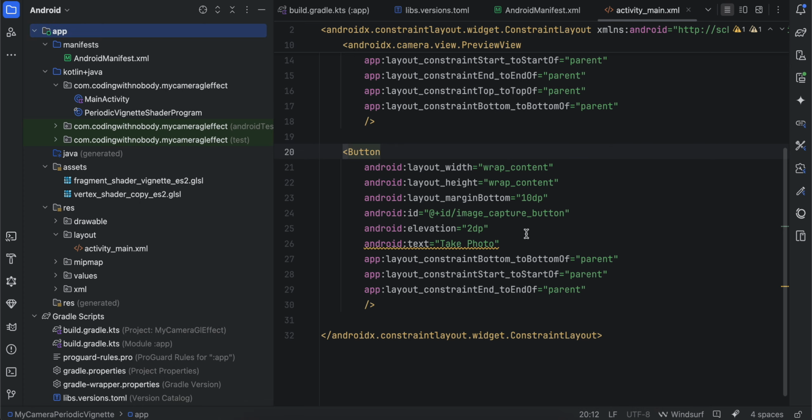Then it will again do some Gradle syncing, and you should be able to see this assets folder. Inside that you need to create two files. The first one is vertex_shader_copy_es2.glsl. Now this is the shader code, as well as this fragment shader. Make sure you name it like this only, because we are referencing this name inside our periodic vignette shader